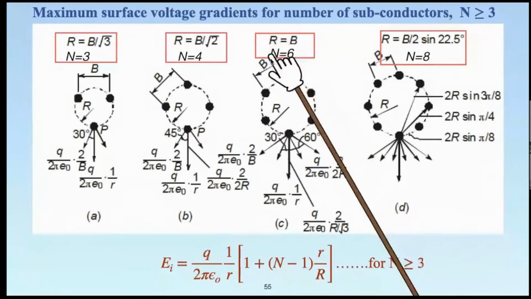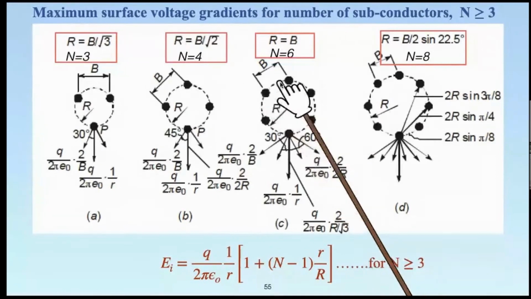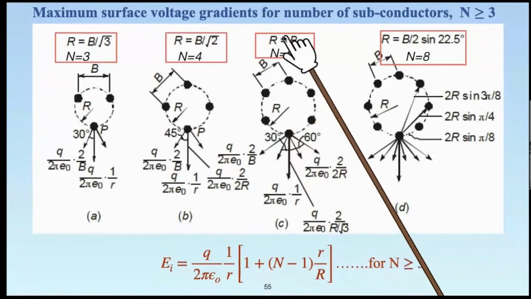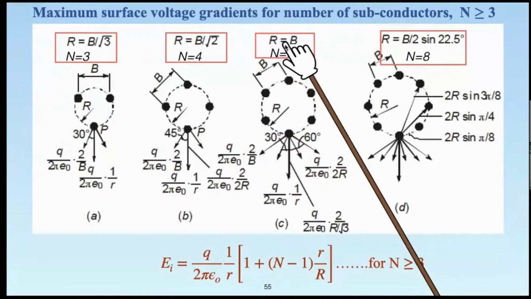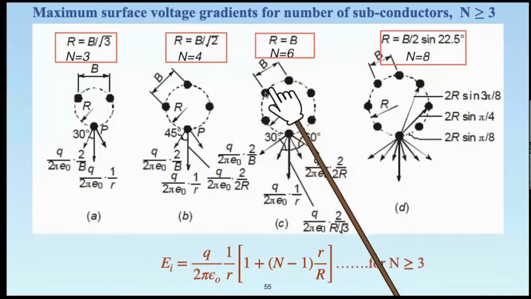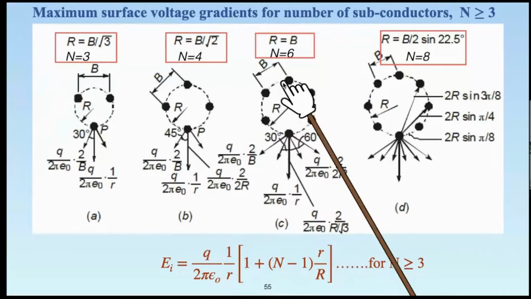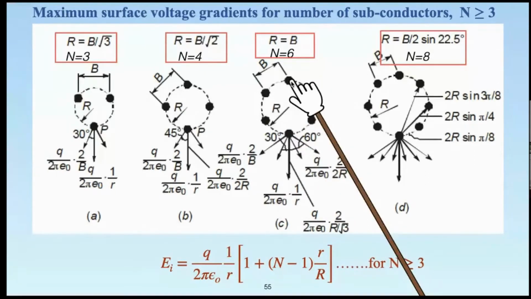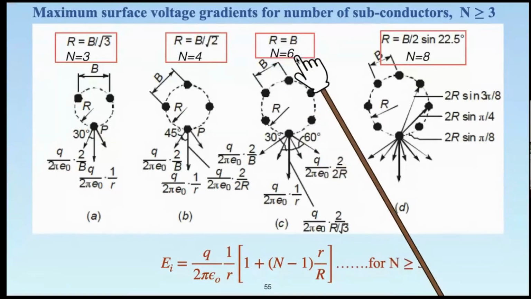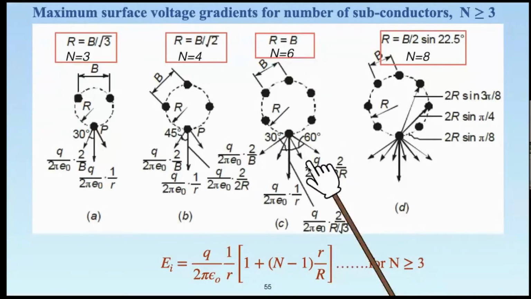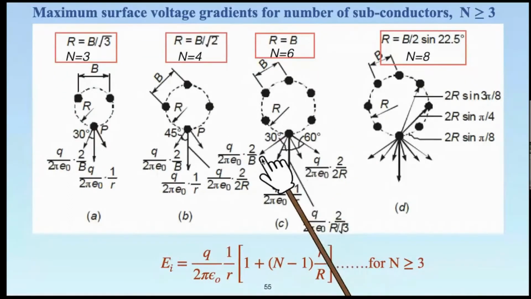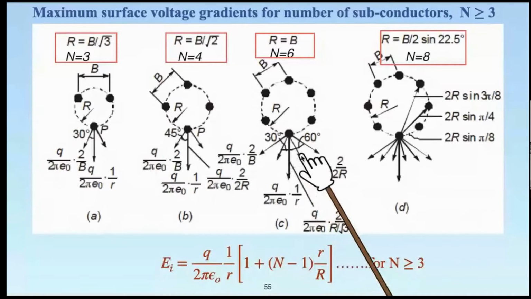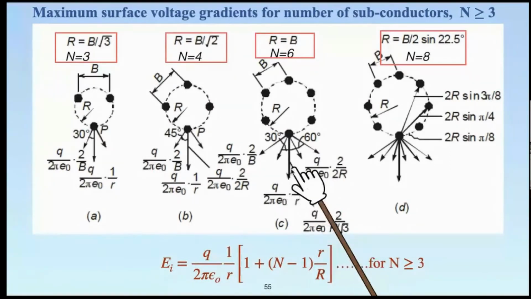And due to the geometry of the hexagon, if there is a circle passing through all these subconductors, then what you realize is that actually radius of the circle will be equal to distance between the adjacent conductors, or side of a hexagon. R will be equal to B for n equal to 6. And again, here you can see 1, 2, 3, 4 components of forces here, and then 2 components of forces overlapping here.